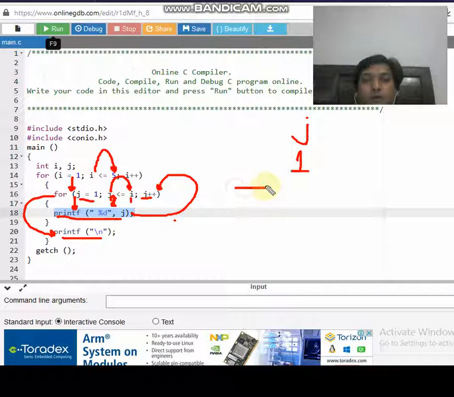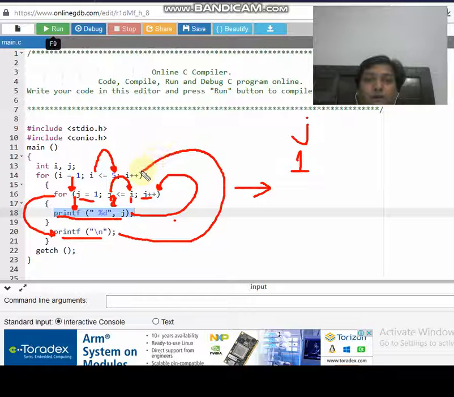So the control changes the line, and reaches the outer for loop once again from the back side, and the value of i gets incremented by 1. The current value of i becomes 2, and it again gets checked with 5.